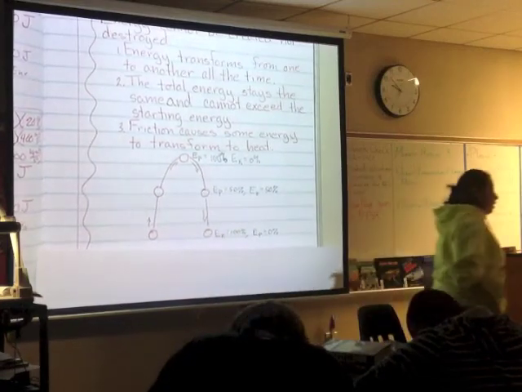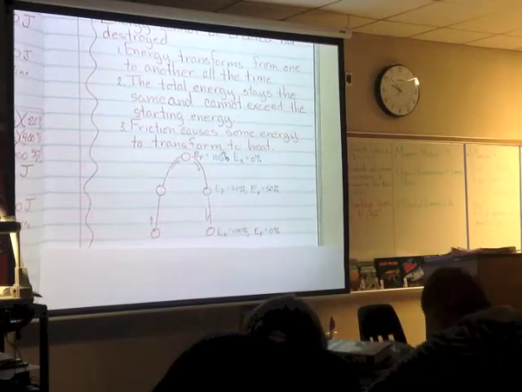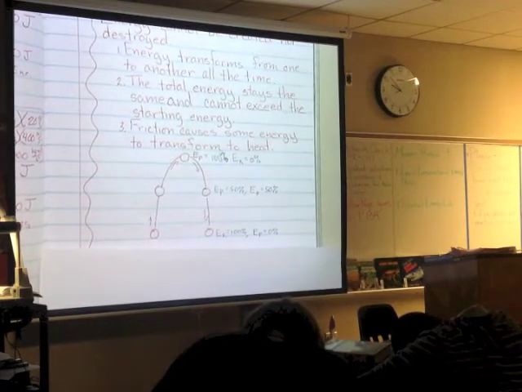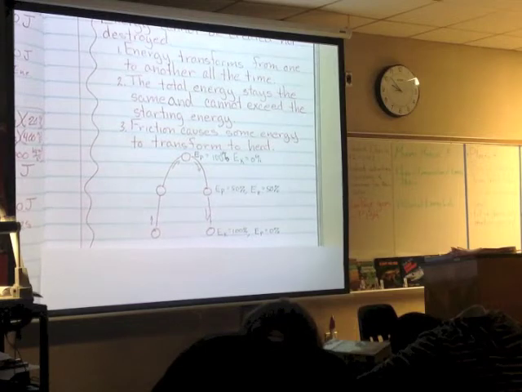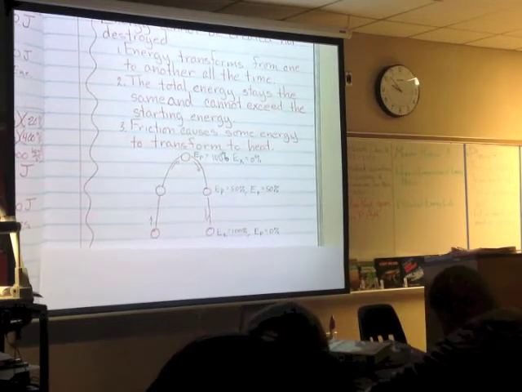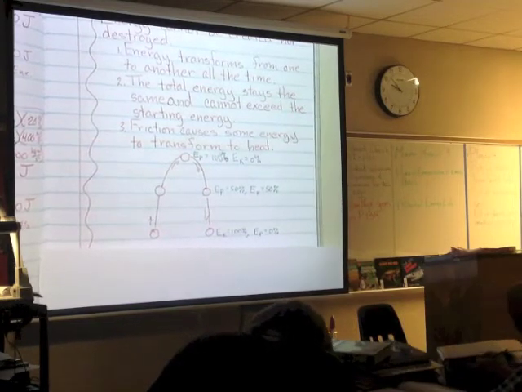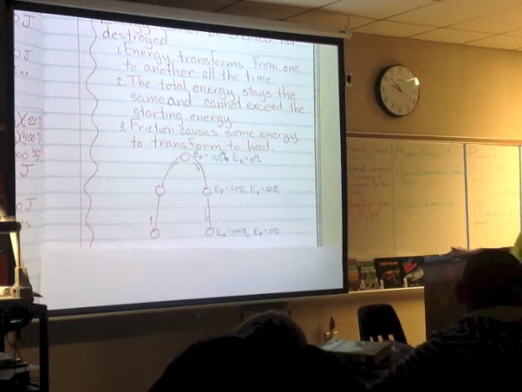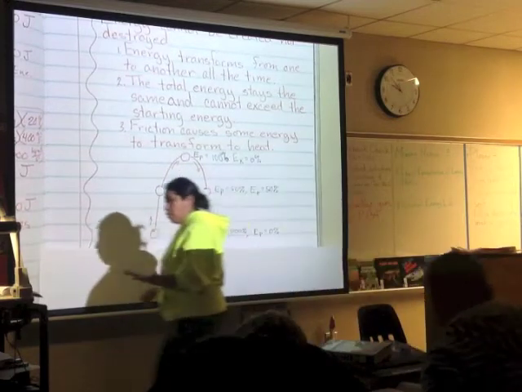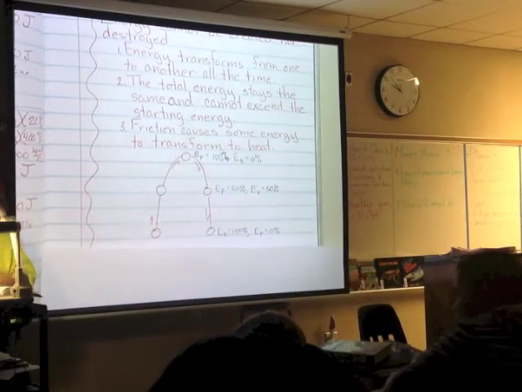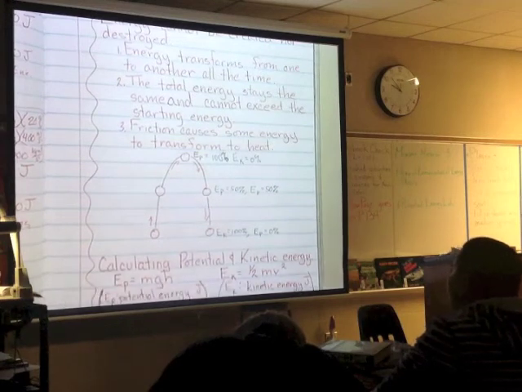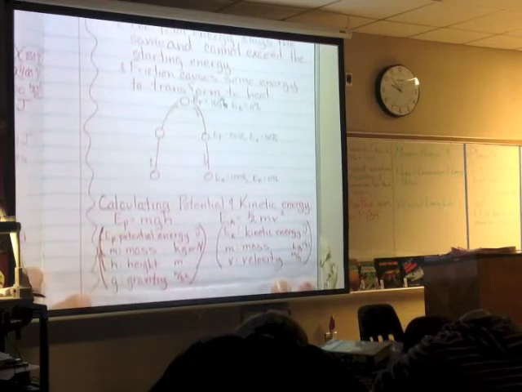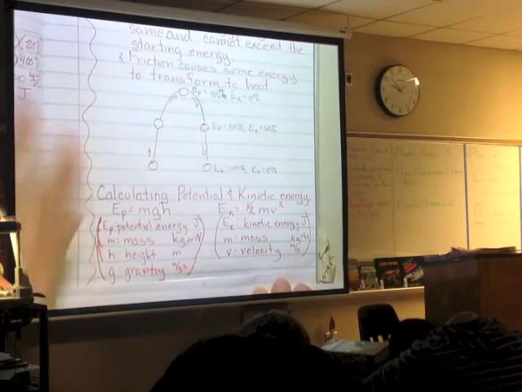Now, once again, these numbers are hypothetical, and we're ignoring a lot of different things. But the reason we're doing that is because when we look at these types of problems, we have to ignore them so these problems become easier. Now, when you get into more advanced physics, you won't be ignoring them. You're going to have to include friction and so on. But for our purposes, just so you understand how to use these formulas, we're going to ignore it. So since you do that, you are able to calculate amounts of energies knowing some specific things.